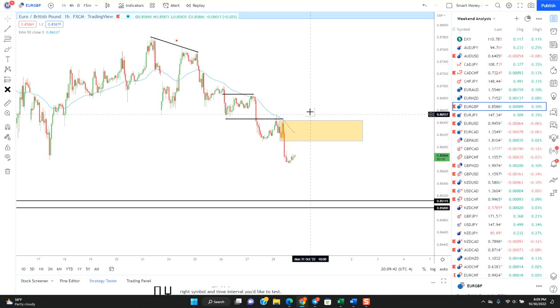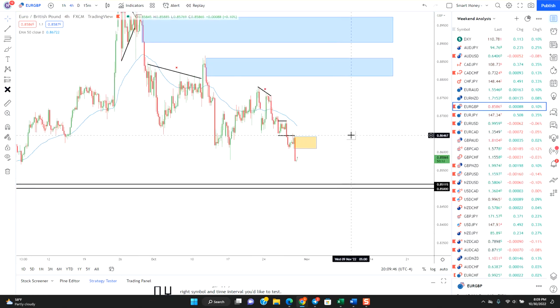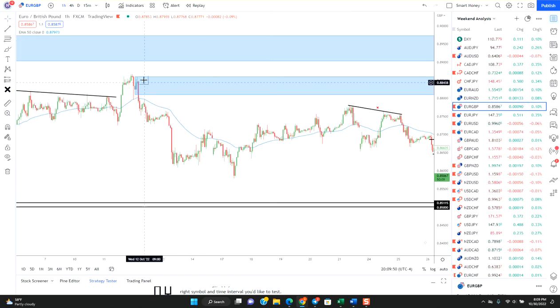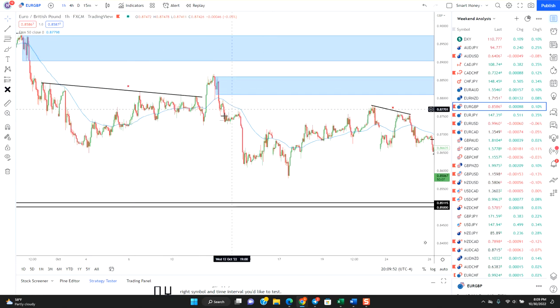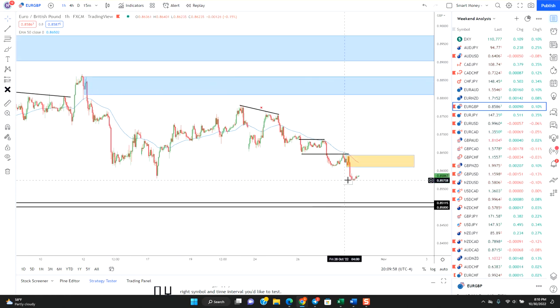If we get a break and we come higher, then we're going to have most likely an overall pullback, and I would expect probably our original level, which happened to be on the hourly as well, this area of supply, to be met. We can see lower low, lower high, lower low. Right now, yes, we have made a lower low, but this is still an unmitigated level of supply. So we could come back up here, act as buy side liquidity, run these highs, and then go short after